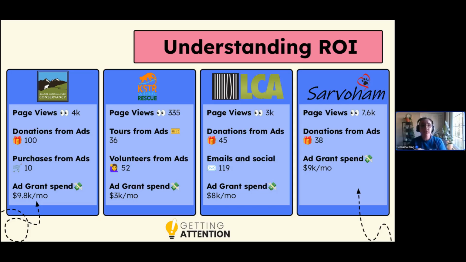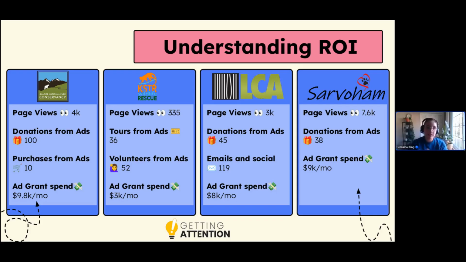The other thing I find that folks want to know about is the ROI of the Google Ad Grant. This is a super tricky question in part because every organization has different goals with the Google Ad Grant. So there is no one fixed number. M+R Benchmarks does a couple of different studies on this. Depending on how you slice it, the Google Ad Grant is either a great ROI because you're not spending any money out of pocket, or it's reduced when we compare it to other forms of digital advertising. In my experience, the ROI of the Google Ad Grant comes down to how clear organizations are on what their goal is and what those discrete goals are worth to them.